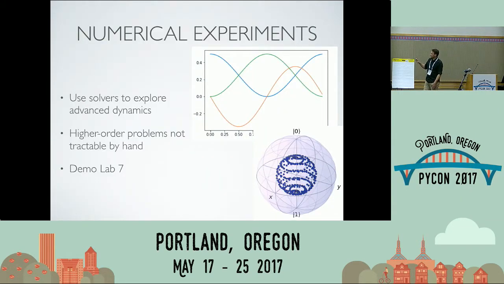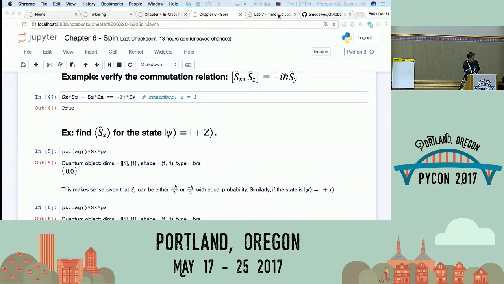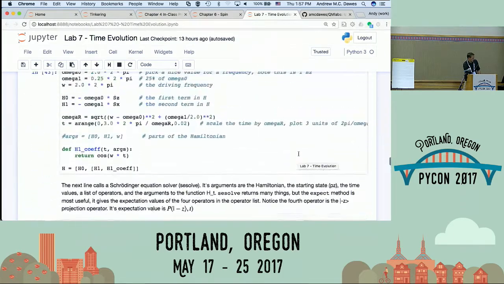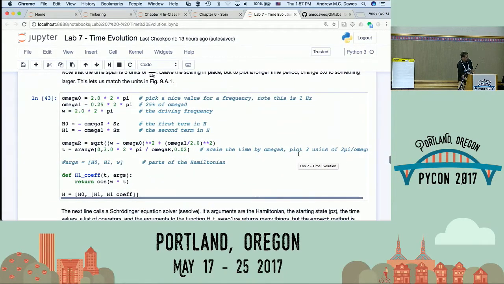The really cool thing is that then the students can dive into these more advanced numerical experiments and really take advantage of a lot of the built-in solvers and the visualizations that they get to see. And that would be the kind of thing that I've got in this example notebook here, where they're really taking a little bit more programmatic approach.